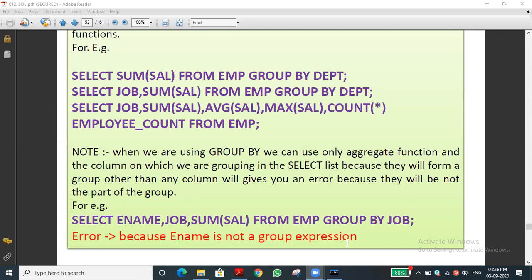Where there are common values, only there can we use the group by clause. Common value means 2 members working in the IT department, 5 members in the sales department, 10 members in the HR department.